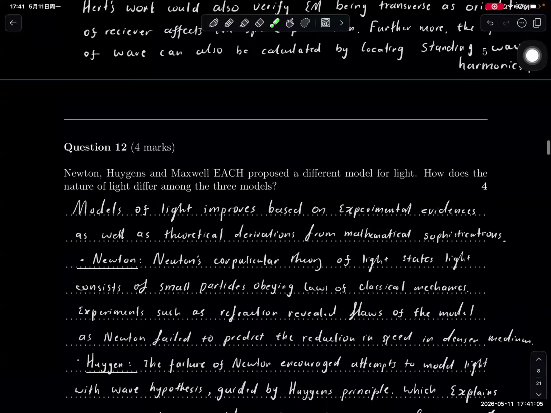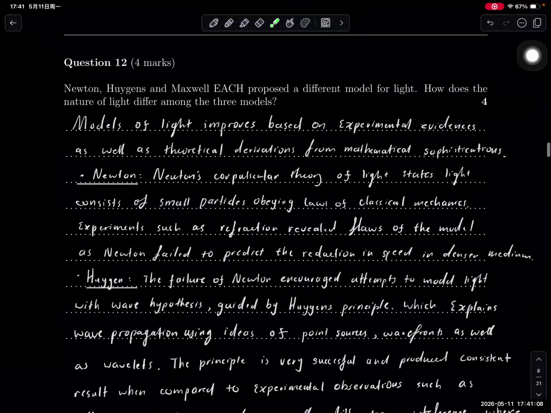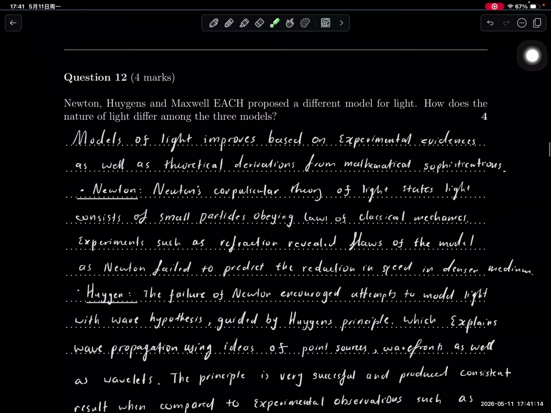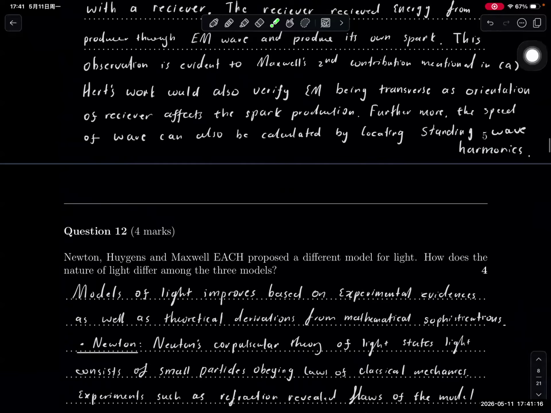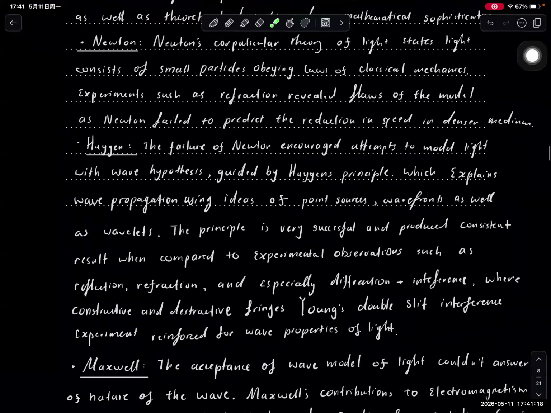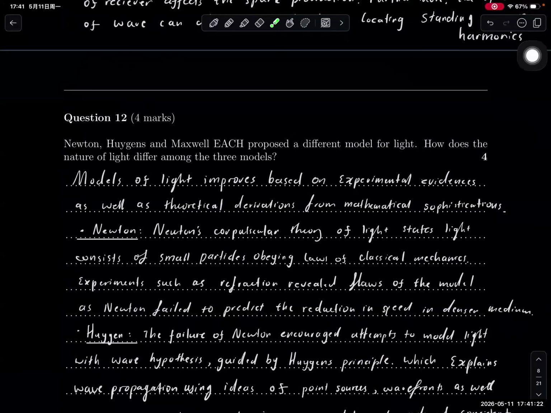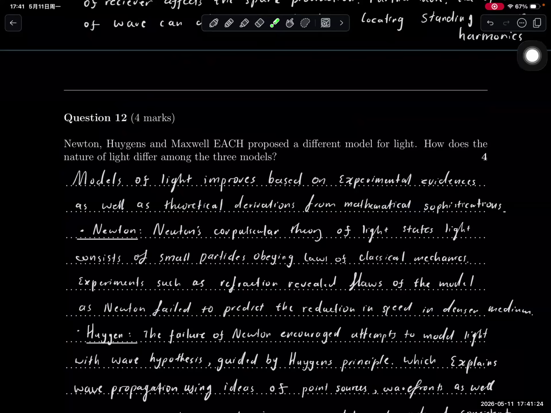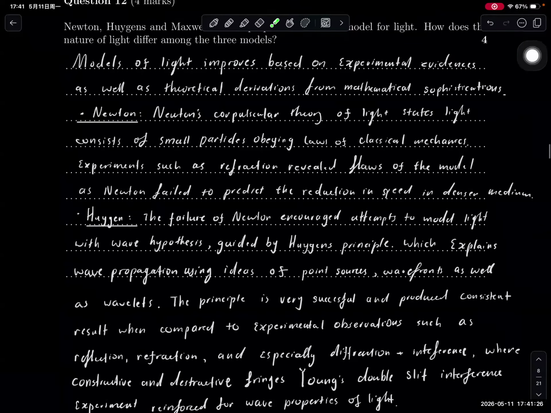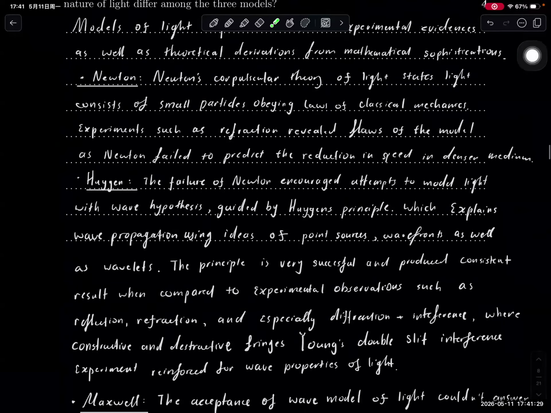So question 12. Newton, Huygens, and Maxwell each proposed different models of light. How does the nature of light differ among the three models? This question you sort of need to explain. The most important thing is to define what each model is saying, and then how they are different. So my approach is to define all of them in three dot points,